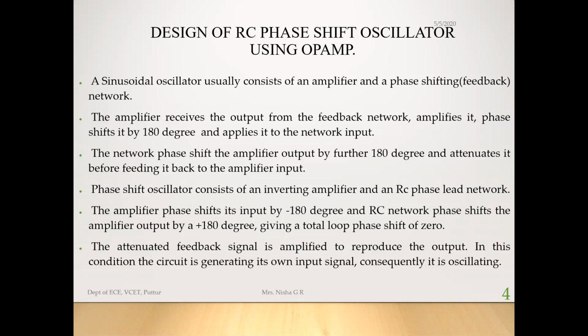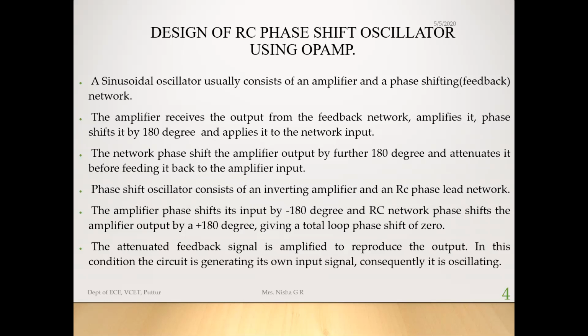Depending upon this, the feedback is going to produce some phase shifts. When I say amplifier, here we are going to make use of an op-amp, that is, an operational amplifier. There are two kinds of operational amplifiers, inverting and non-inverting, out of which we are going to make use of the inverting amplifier. As you all know, when I give a sinusoidal input to an inverting amplifier, it produces an inverted output signal, which means from input to output there is a 180-degree phase shift. So the oscillator actually depends upon the Barkhausen criteria.